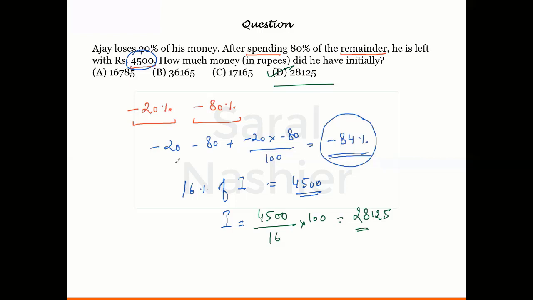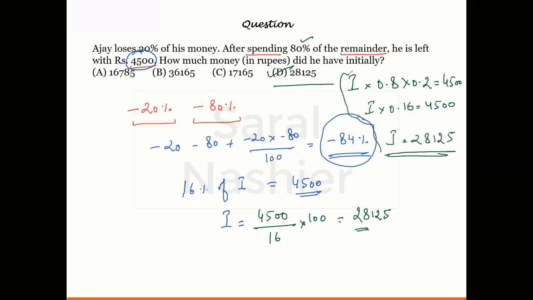I hope you have understood this concept now. Though in this question, rather than using the formula, we could have also done that initial value is I. When you decrease something by 20%, it becomes 0.8 times. And when you decrease something by 80%, it becomes 0.2 times, as we discussed at the time of explaining successive change. So there I told you that either you use the formula or you go by the multiplying factor. Even by this, you straight away get I into 0.16 is equal to 4,500, or I is equal to 28125. So for this particular question, probably this was a better approach rather than going by the formula. But I thought let us discuss the formula as well once we have studied successive percentage change.